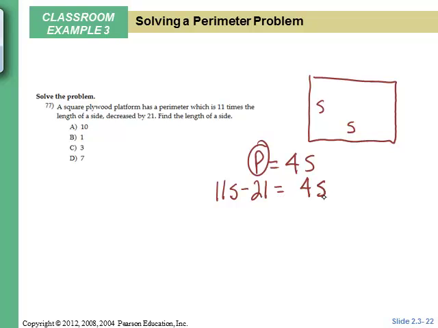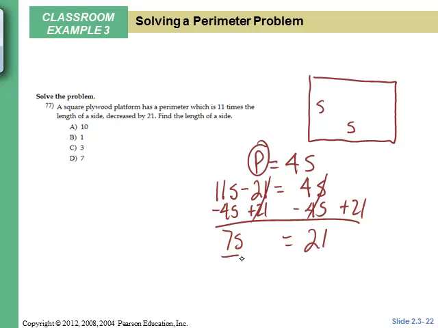That's 4s. Let's subtract 4s from both sides. We get 7s, add 21 to both sides, equals 21, divide both sides by 7. The side is 3. Okay, so if we take 3 and 3 and 3 and 3, that's 12. That's 11 times 3,